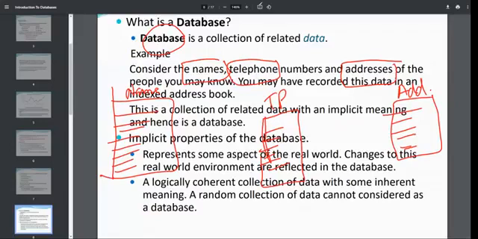One page has names, another page has telephone numbers, another page has addresses of your friends. If they are in different places, we can't understand any meaning. Only names, only telephone numbers, or only addresses will not produce any meaningful record or meaningful information. Understood? But if they have some relationship,